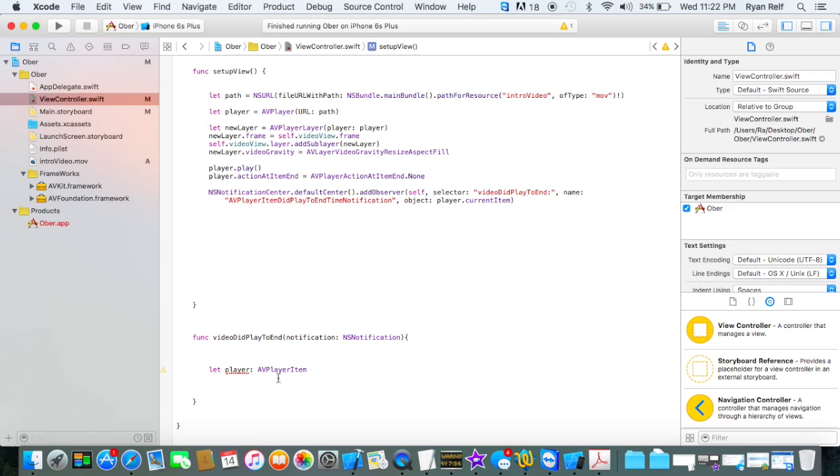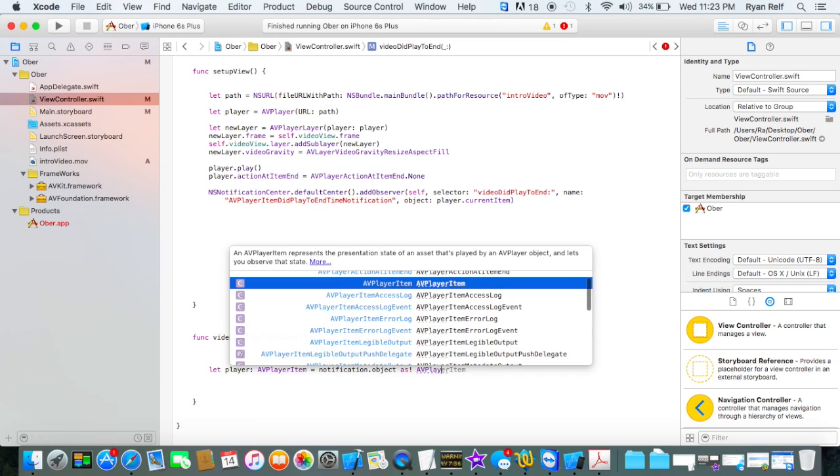So we're gonna set this player item down here in the loop function selector to AVPlayerItem, and then we're gonna let it equal notification, which is right here, which is getting passed from here. So we're gonna let it equal notification.object. So we're getting the object that we passed, which is this object right here, and then we're gonna say as AVPlayerItem,